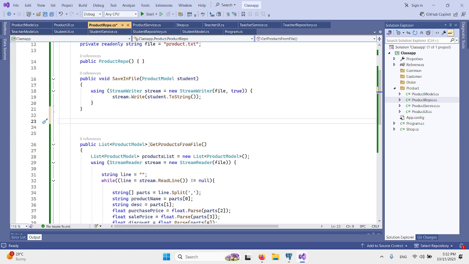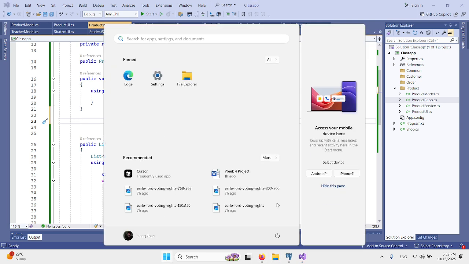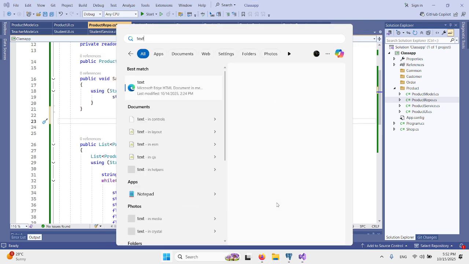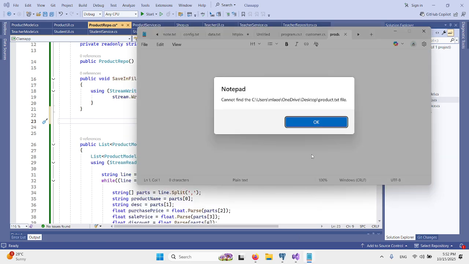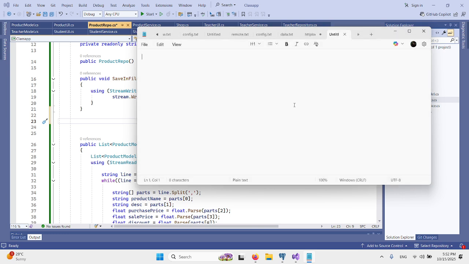Do you understand? For example, we have this file, we have overall 10 records. Okay, let me create the file quickly. For example, this is a file, like product is a pen, description is a smart pen, price is like this.